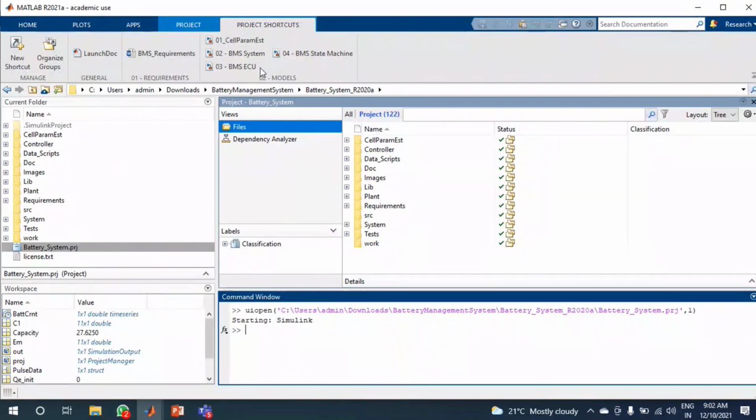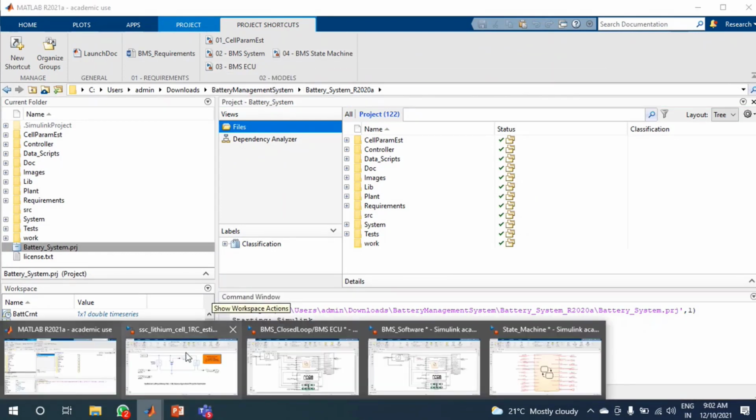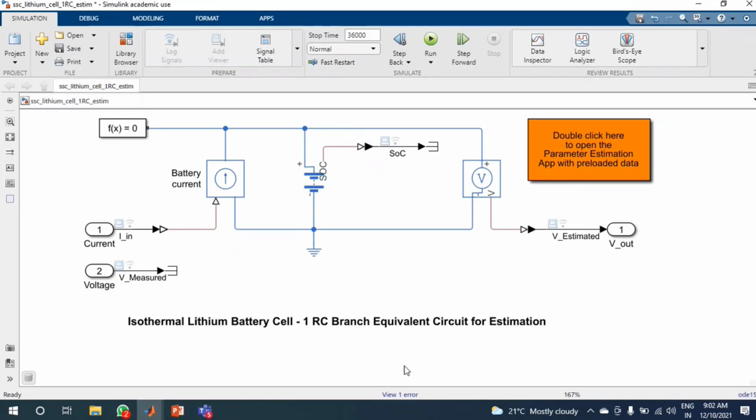C2000 microcontroller. So in this battery pack, the four important parts are the cell parameters, the BMS system, the BMS electronic control unit, and the state machine. So I'll just briefly go into them one by one. So this is the circuit for the cell estimation. In this one, if you double click here,